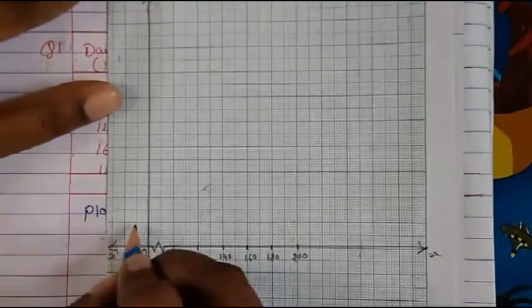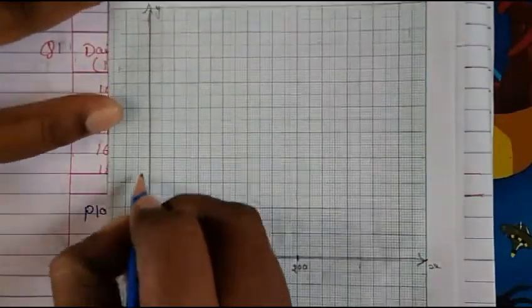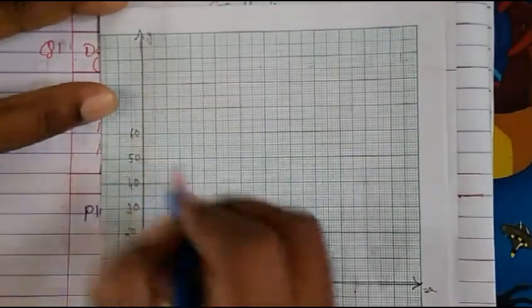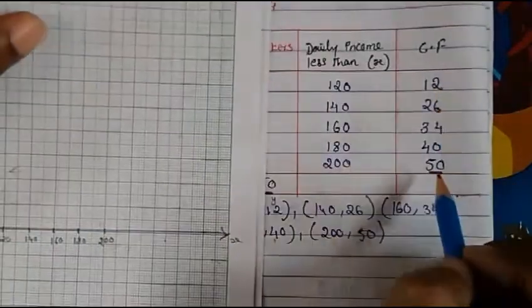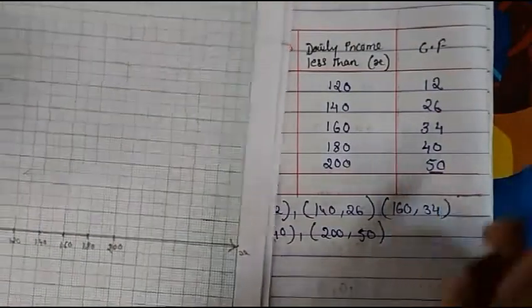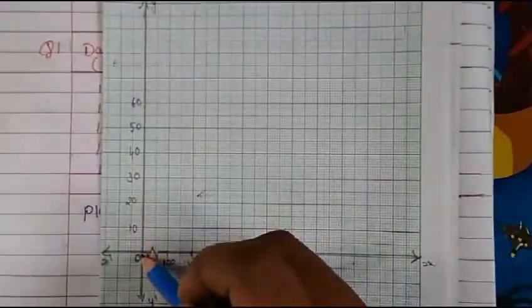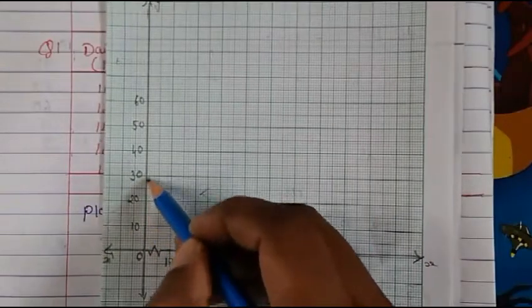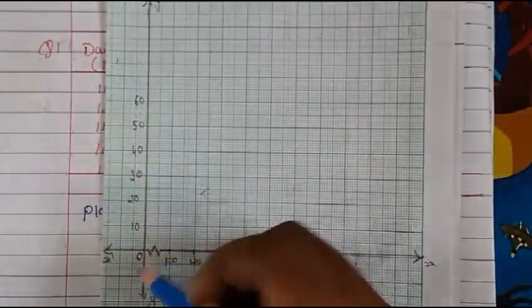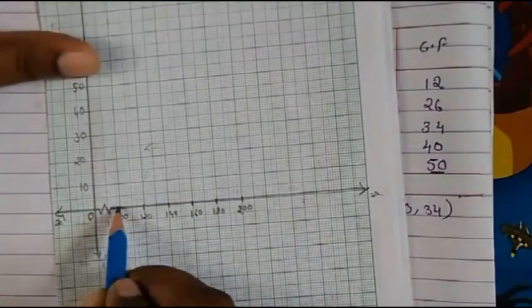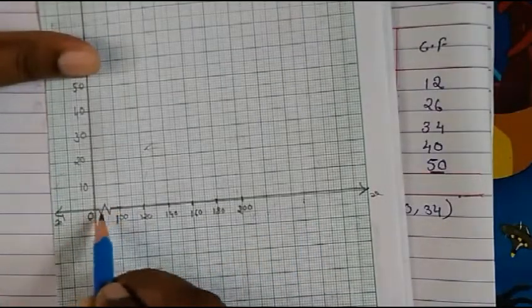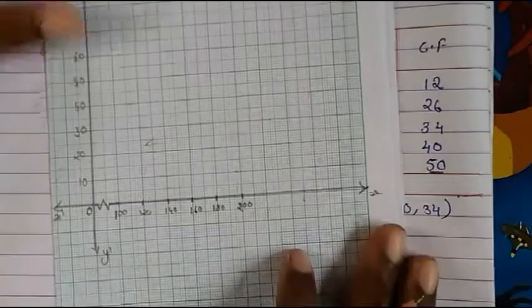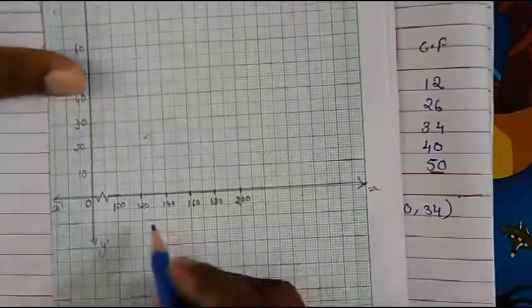Okay, so on the Y axis we will take 10, 20, 30, 40, 50, 60, which is enough, because on the Y axis the highest is 50. So here everything is the same: 0 to 10 is the difference, and here also 10, 10 difference is there. Whereas on the X axis between 0 and 100 the difference is different, but otherwise all are 20 differences. That's why we need to put this sign. Okay, now the graph is ready.